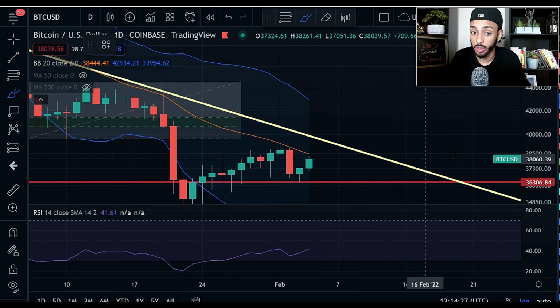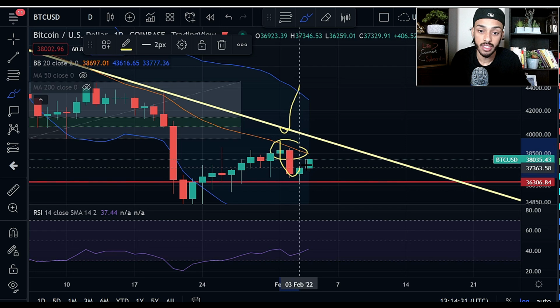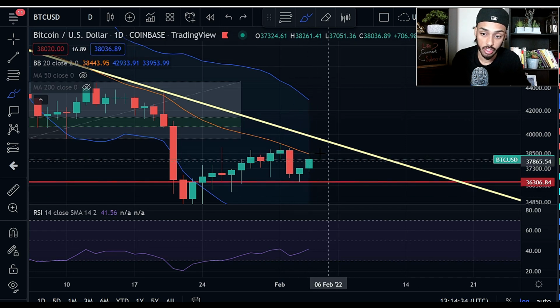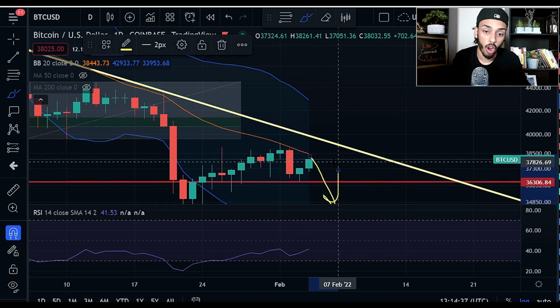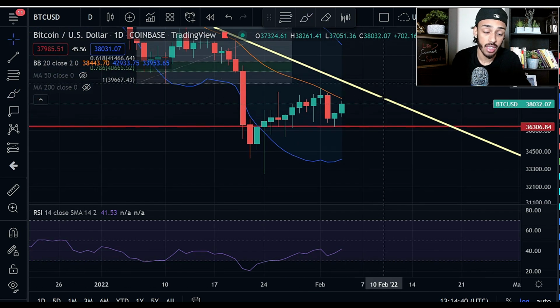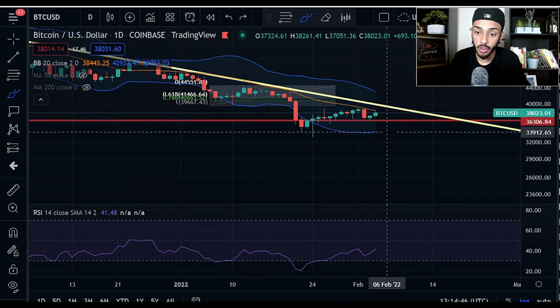And considering the fact that we are doing something similar, in which we saw rejection number one push to the downside, if we start to see rejection number two, and remember, we start to come back down below, say, even 36,300, we are going to likely see a larger crash to the downside, which could look like us pushing all the way back to the bottom side of our Bollinger Band envelope on the daily charts, which looks like somewhere around, at this moment,